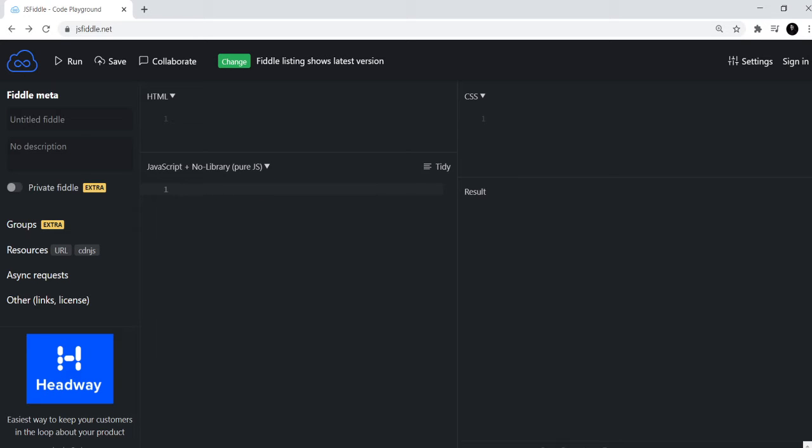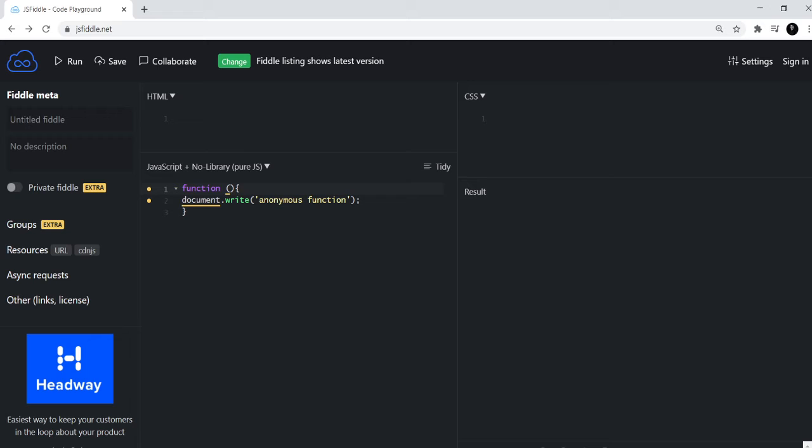Now anonymous functions in JavaScript basically don't have a name. So I'll say function here, and instead of writing the name of the function like return or sum or multiply, I won't put any name here, and I'll just put these round brackets where I was supposed to put parameters, but let's say in this case we don't put any parameters. Then I'll put these curly braces, and then I'll start defining the function directly. And so I'll say document.write, I'll say anonymous function, right? So this function doesn't have a name, right? It doesn't have any parameters, and it's supposed to output anonymous function right here in the result.